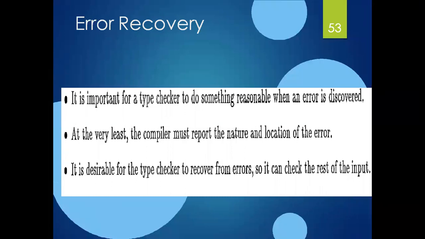So how we implement these error recovery strategies: for example, we are learning about semantic analysis. We know what types of errors can occur at semantic analysis. So we can easily detect those and recover from those there itself, right? So the type checker plays a major role in performing these error recovery strategies. That means error discovering is done by the type checkers.